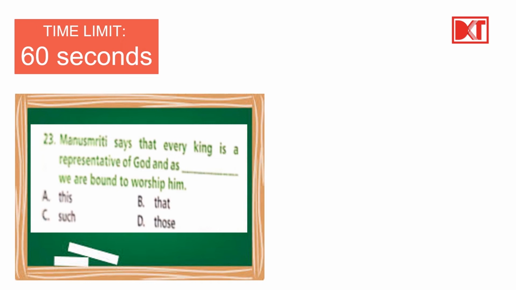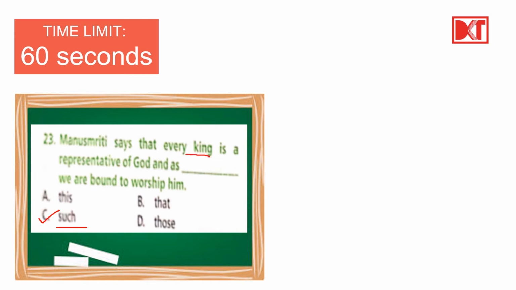So here the question says, Manusmriti says that every king is a representative of God and as dash we are bound to worship him. Now here the answer is C, such. Now let me explain this to you. Now we are not pointing towards anything here. We are not saying that that is a representative of God, that is the king, or those are the kings,